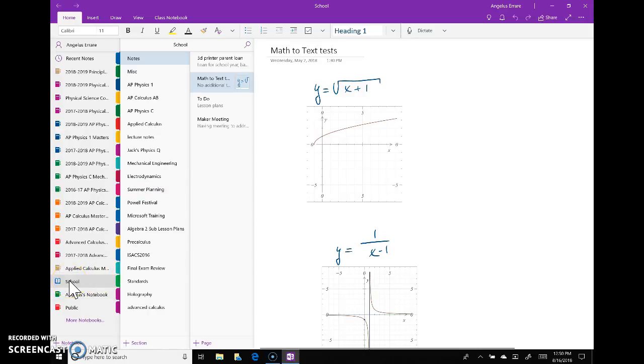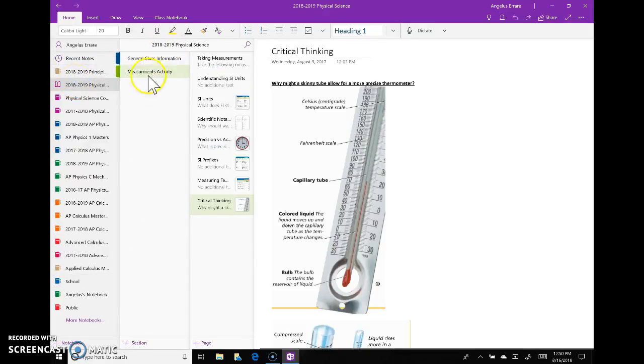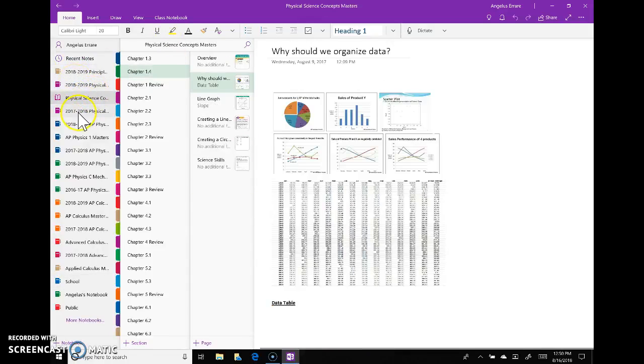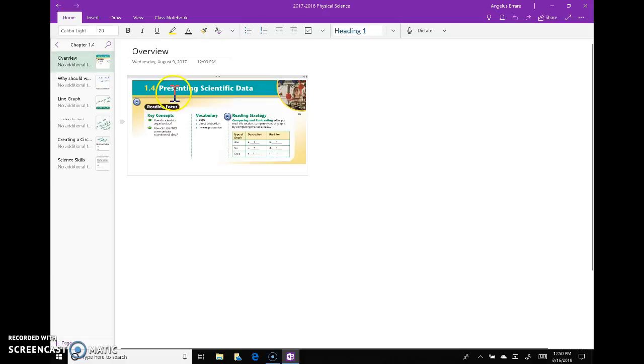Once you've selected your notebook, you can make a new page and a new section. So you should treat the sections in your notebooks as if they're maybe sections in your book or different content areas in the curriculum map, and then make different pages for each of the things that you're going to be doing in that section. So as an example,